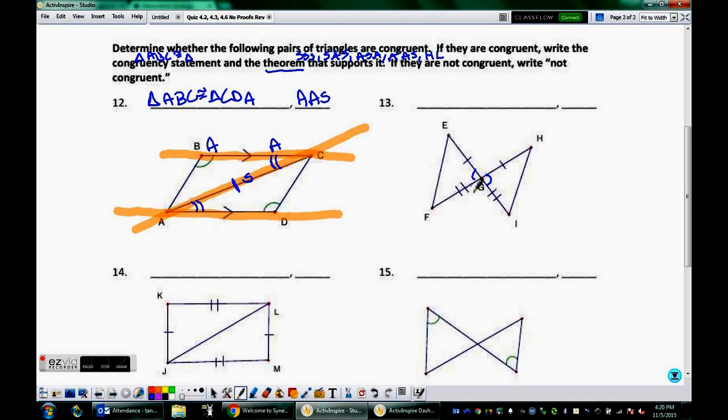Now when I look, I have side, angle in between, and side. Okay? So it's important when you look at whether it is side, side, angle, that you're looking at one triangle at a time. You'll notice I didn't go side for this triangle, angle here, and then side in the other triangle. I had to stick with one triangle when I laid this out. So I've got side, angle, side, and I'm going to have triangle